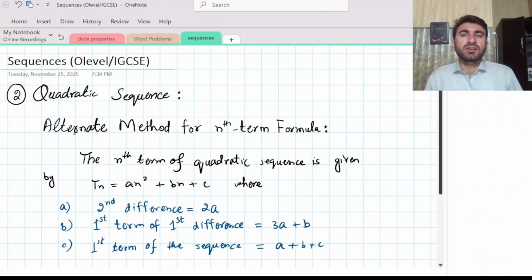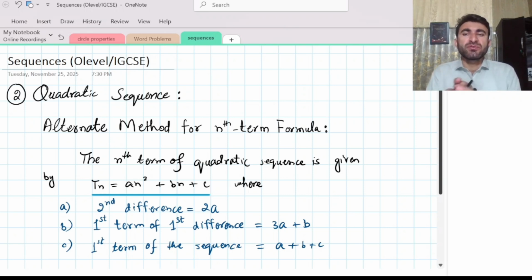So in this alternate method for the nth term formula of a quadratic sequence, we start by taking the nth term equal to a standard quadratic expression like Tn equals an squared plus bn plus c. As we know, it is a quadratic sequence, so the nth term will be a quadratic expression. Here a, b and c are some constants which we figure out with the help of three results we have